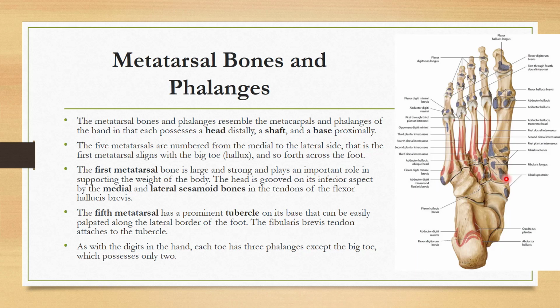Okay, on the navicular bone we have studied that there is the tibialis posterior attachment. See here, this is the tibialis posterior attachment. On the first metatarsal we have two sesamoid bones which are there because of the flexor hallucis brevis muscle. Phalanges: we have two phalanges in the great toe, just like two phalanges in our thumb, and three phalanges in every other toe, which is the second, third, fourth and fifth toe.